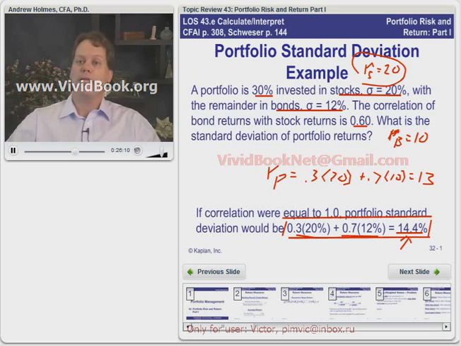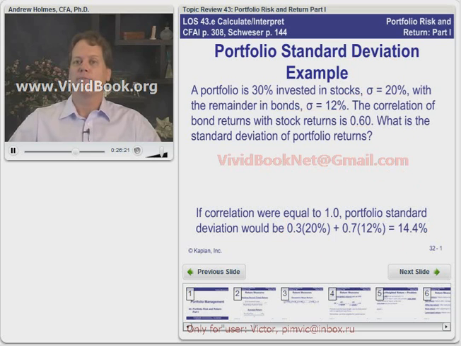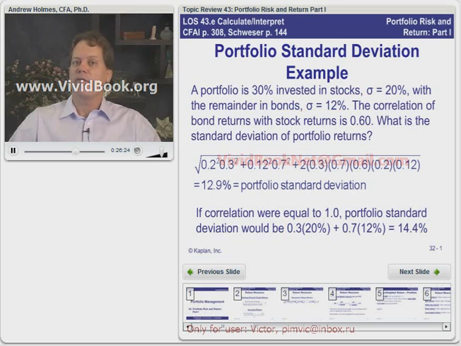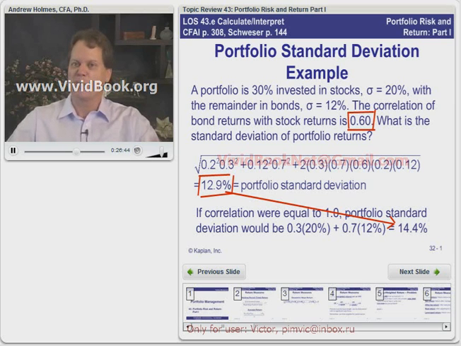This only applies if these things are perfectly positively correlated. If they're not perfectly positively correlated, then we're going to get a result like what we see here, where the standard deviation of the portfolio is 12.9. So notice that it is lower than the average standard deviation of the underlying securities. That is the benefit of diversification. So when your mother told you there's no such thing as a free lunch, she was either lying or she didn't know about portfolio diversification, and we'll just assume it's that one, right? Anyway, so the portfolio diversification,